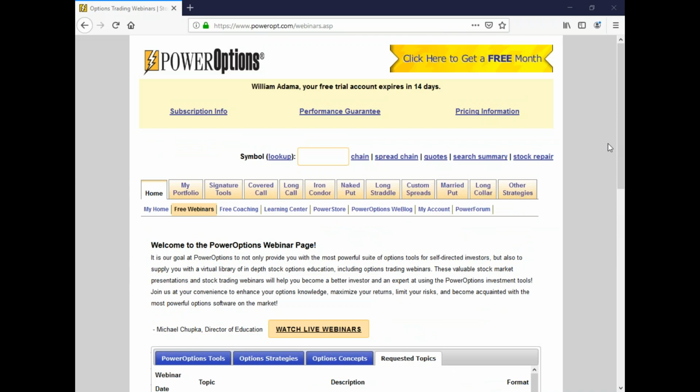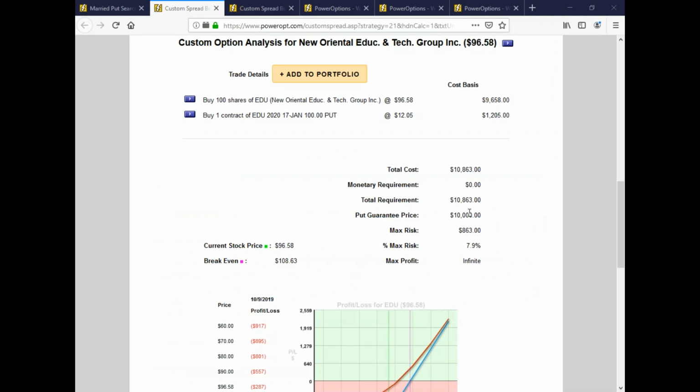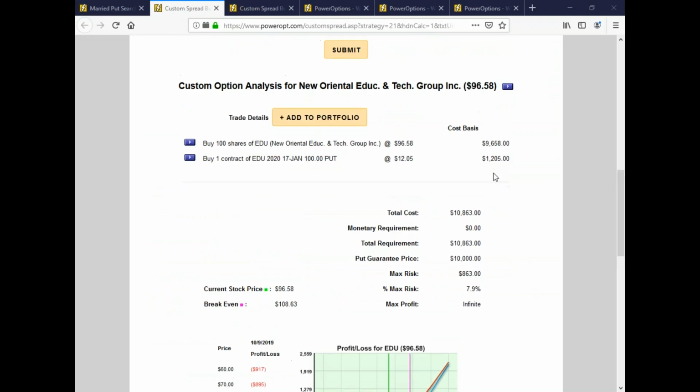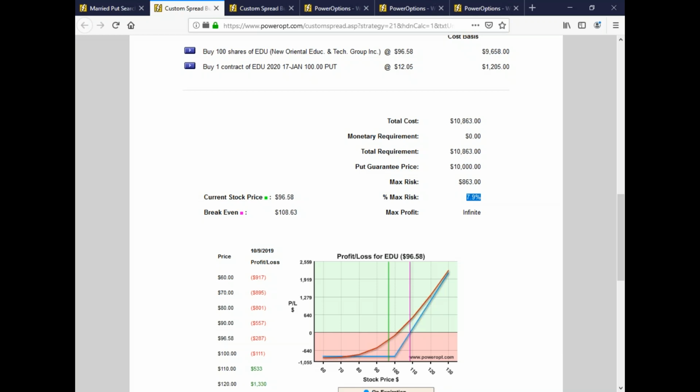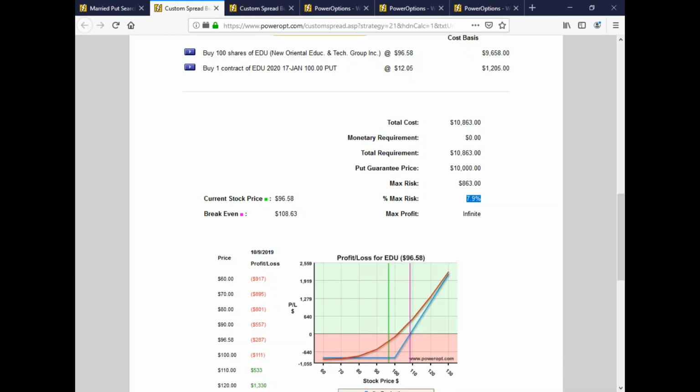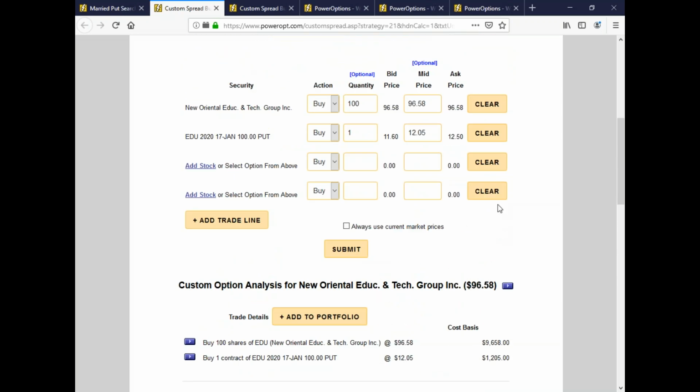We're going to go back now to our discussion on theta positive things in relation to what we were talking about with Fernando a while back. We were using the example EDU. Here's that original married put we were looking at. Prices are different now, but it's still close to the same risk with 7.7, 7.9%. Another positive theta position you can use